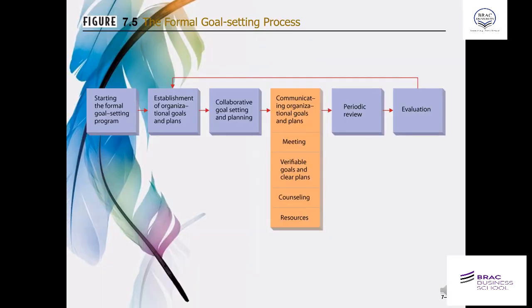So this is the formal process through which we go with MBO, or this collaborative discussion or plan setting activities. First of all, formally we have to set the goals or plans. Then we have to collaboratively set the goals and plans. To achieve the established formal goals and formal plans, now we are going to make the collaboration to achieve or to split these goals and plans in a more comfortable platform.